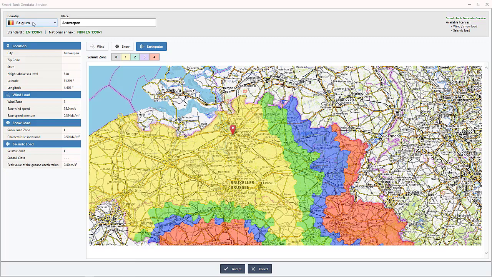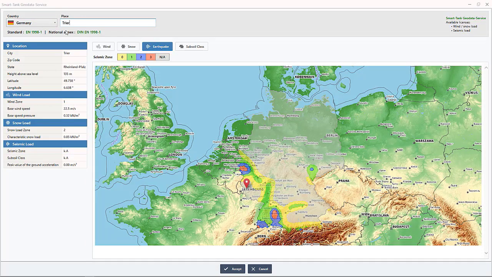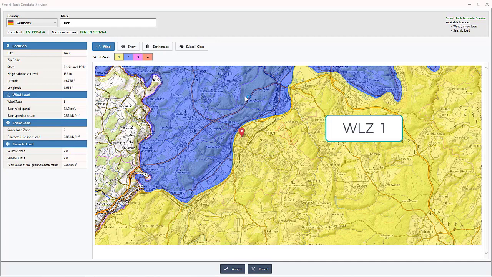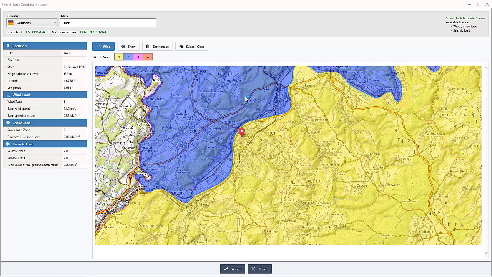The GeoTool provides you with helpful additional information, especially for locations in the zone border area. Let me explain this with an example. The beautiful city of Trier has districts south and north of the Moselle. The center of the town is located south of the Moselle and is located in wind load zone 1. If your installation location is on the left bank of the Moselle, wind load zone 2 is pending. In such a special case, write down the relevant data, do without transferring them, and then enter the loads manually. The user interface also supports you in this.